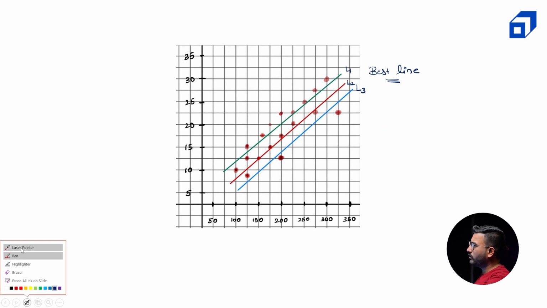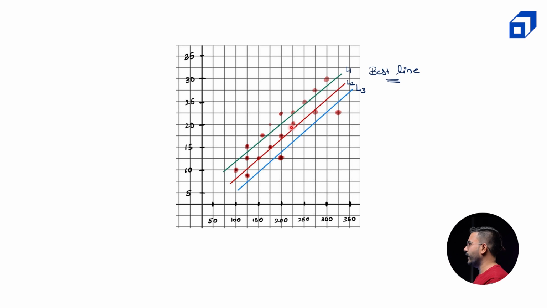If I go with this line, the line which is represented in green, you can see that the green line is not passing through most of the data, right? While the one in the red is passing through most of the data, and while the one in blue is very far away from the data. So I will select that line among all these lines which is around most of the